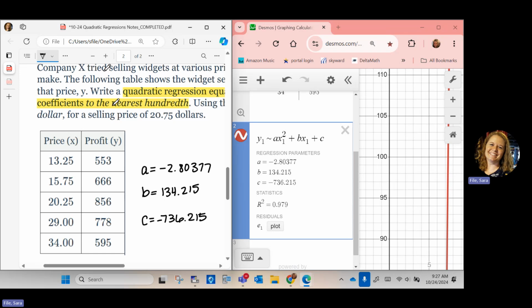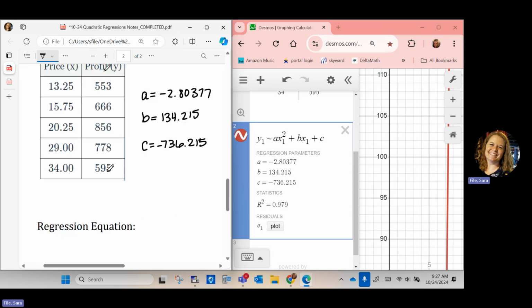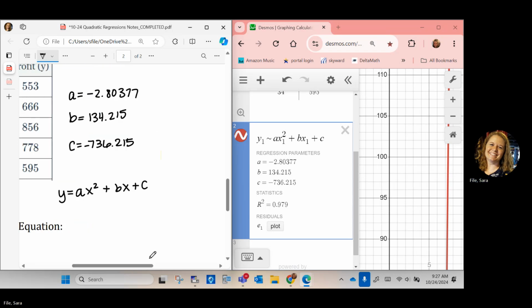All right, now they want us to round those to the nearest hundredth to write our equation. Okay, again, if you need to jot this down, we're writing it in ax squared plus bx plus c form. So the a would round to negative 2.80, because that is the hundredths. The 3 does not round the 0 up. Okay, and then I've got x squared, and then b is